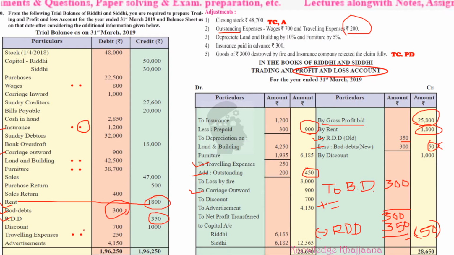Its second recording will go to the balance sheet liability side because it is an outstanding, similarly as with wages. Okay, but insurance which is paid in advance will go to the asset side of the balance sheet. Okay, now